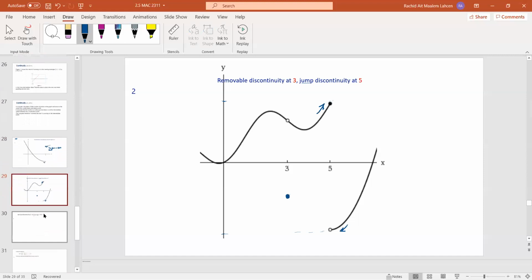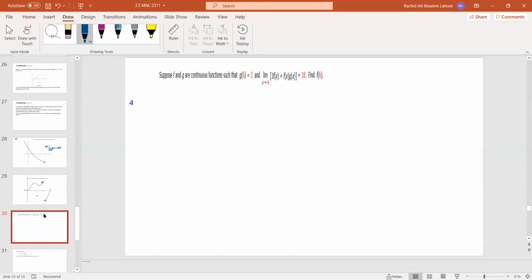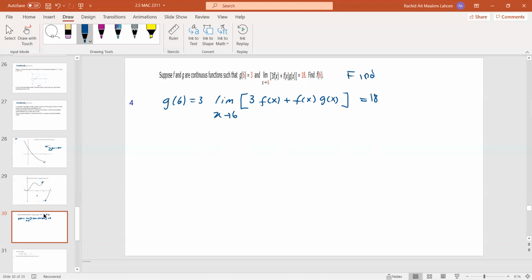So these are not bad. Let's suppose that f and g are continuous functions such that g of 6 is 3 and the limit of 3f(x) plus f(x)g(x) as x approaches 6 equals 18. Find f of 6. Well, this can be done maybe different ways, but one of them is, let's look at,